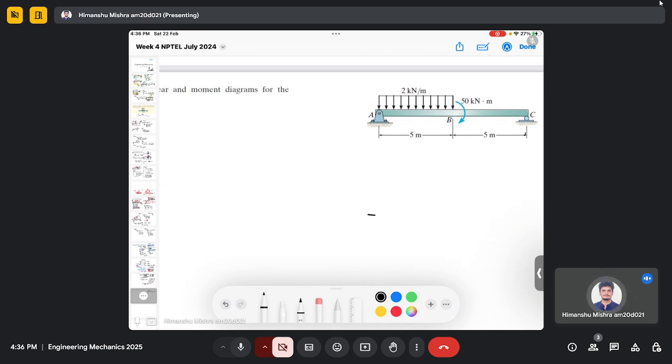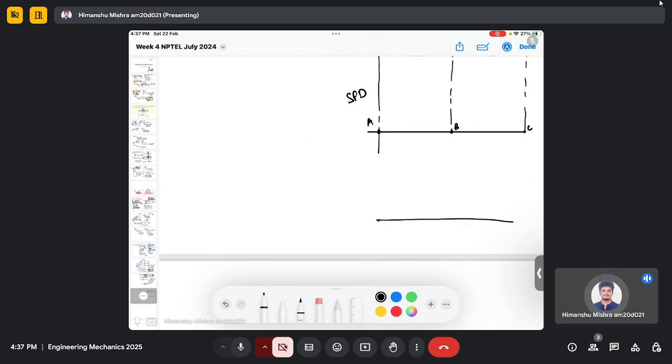For example, let's say this is the location for my shear force diagram. So I can mark this point as A. Here I will represent the shear force diagram at point A, and this will be my point B, and this will be my point C. So this is for SFD,